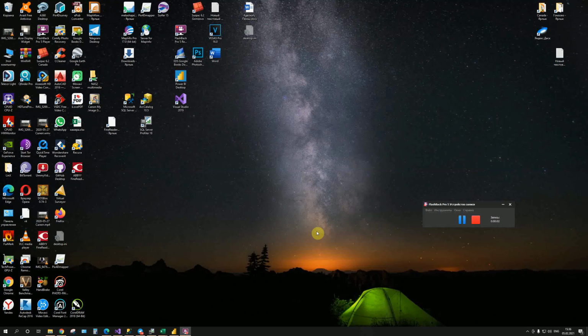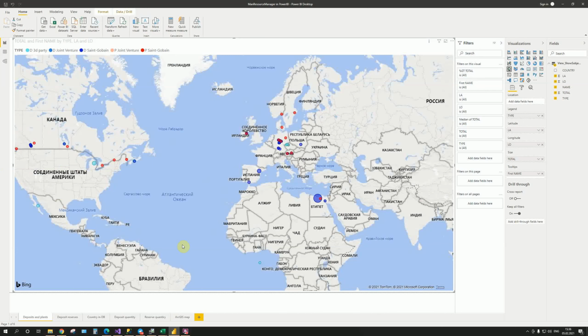Well, somebody told us that he has a dream, and I have also one, and I will show what it is. Last time I showed the map of points of our deposits and plants, but unfortunately it is the dead end because I cannot do with this point what I would like to do, and I had to put in our application